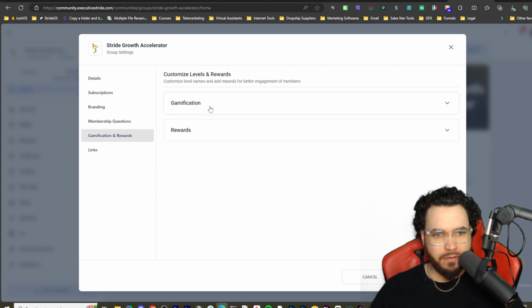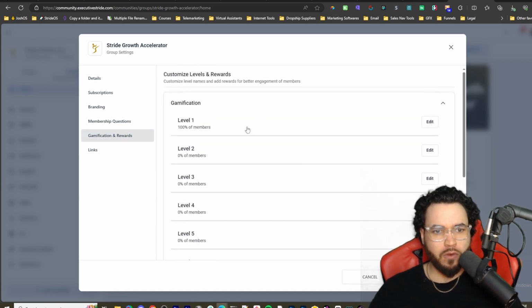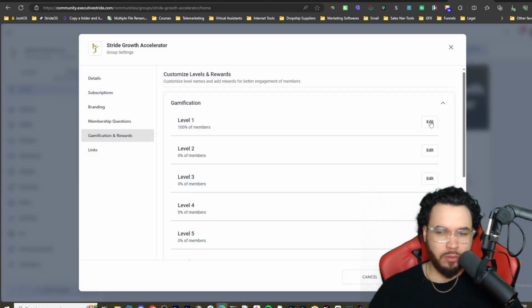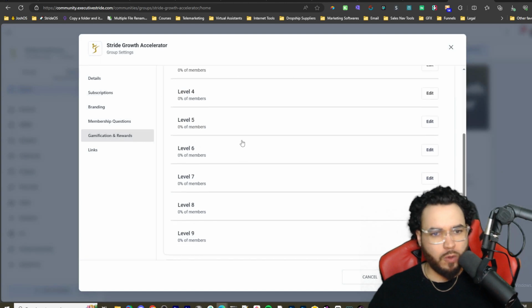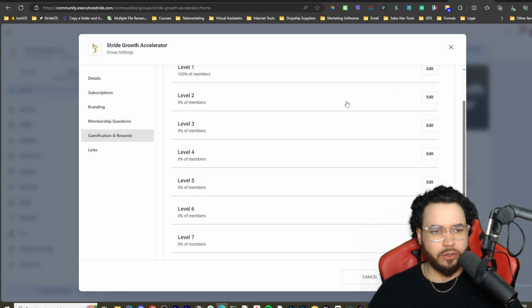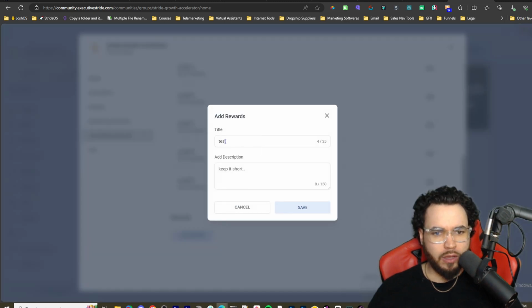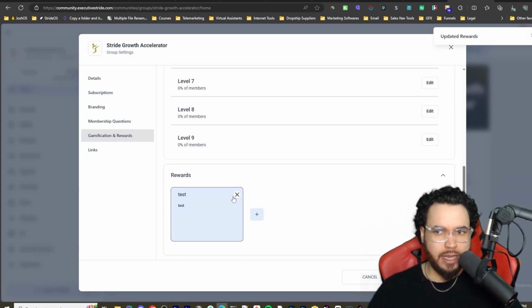You can add gamification within the GHL platform, same as with Skool. So you can change different level names if you wanted to, whatever you would want to name it, like lieutenant or soldier. You can change that, and you can actually add the rewards. If you add the rewards right now, you can see here, example, 10% off first purchase. Right now, just to show you a test, it's just going to look like this, and it's going to show